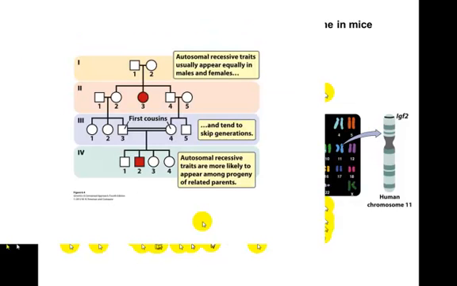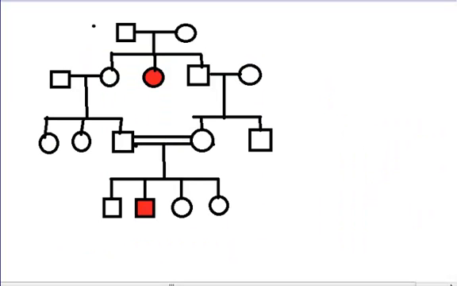Now make sure when you are trying to solve pedigree problems, before you look at the problem, write down what the possibilities are, okay? 5 of them. Just before you even look at the pedigree, write it down: autosomal recessive, autosomal dominant, X-linked recessive, X-linked dominant, Y-linked. Then you look at the problem and you ask, what is this? There is a practical way of solving this, but first we are going to look at the general ways of solving a pedigree problem. Autosomal recessive traits appear equally in males and females,